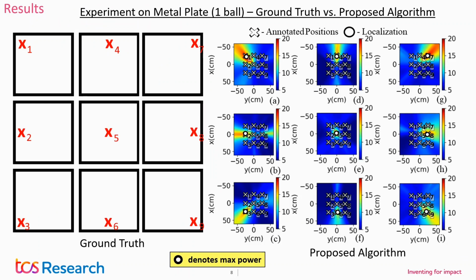And this is the result. So this part is your ground truth, and this is the result from our algorithm. Now, the top left, X1, is, you can understand, like for a 3x3 matrix, we are doing the impact sound thrice there, and likewise. And the corresponding results will be this one. So these crosses are the ground truths, and if you can see, these white circles are the maximum point of those impact points, right?